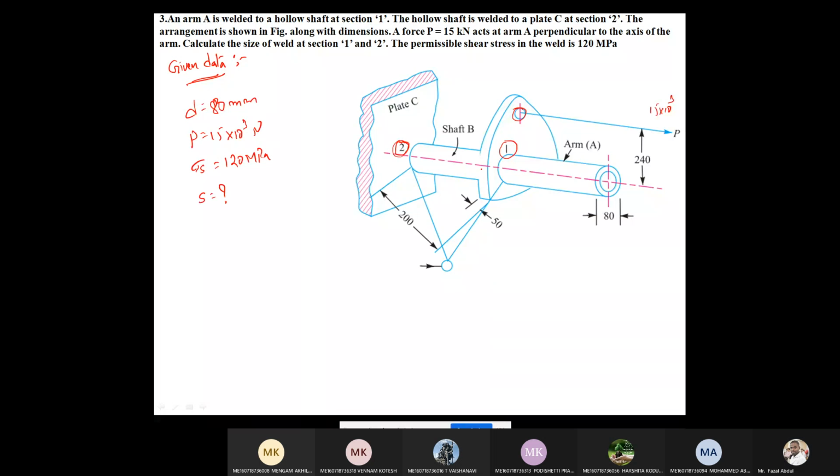So here, such type of problems comes under the first case. So why is it the first case? Here on the vertical plate the rod is welded perpendicular to the surface, and here at section 1 also it is appearing as a cantilever beam. It means